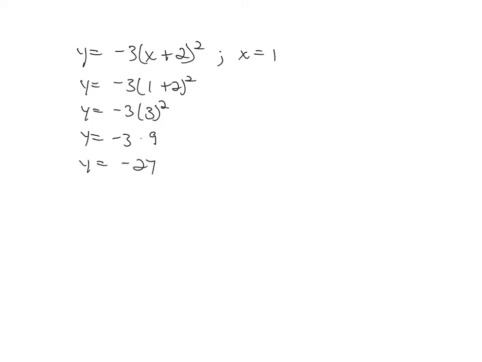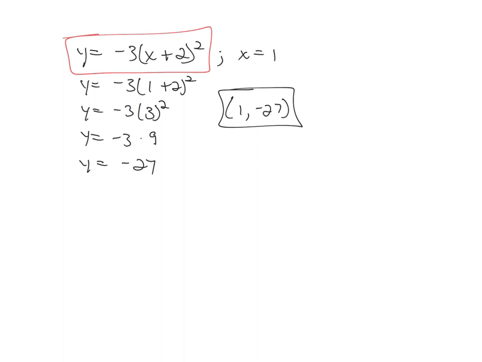And negative 27. So this is another vertex form problem. It just doesn't have the plus something or minus something at the end. So you'll have on Wednesday